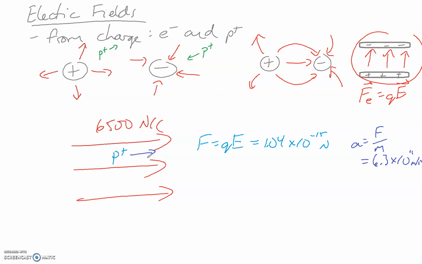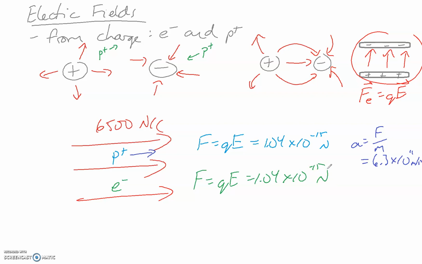And if you had a parallel plate, there would be a positive plate on the left and a negative plate on the right, and the proton would be attracted to the negative plate. Now you can do the same type of thing for electrons. You guys did the same thing for electrons last year. Force-wise it would be the exact same thing, because the charge is the same. You'd have the exact same force,